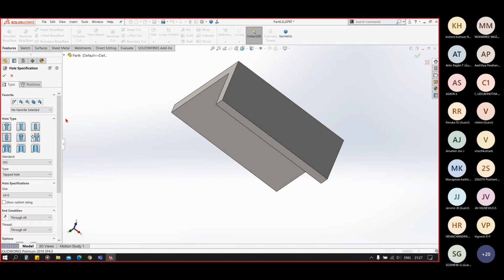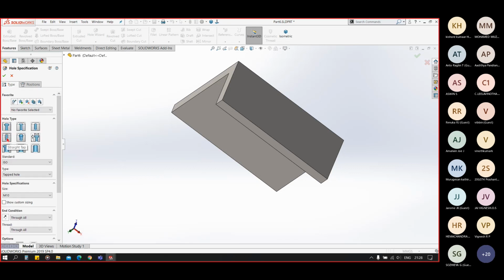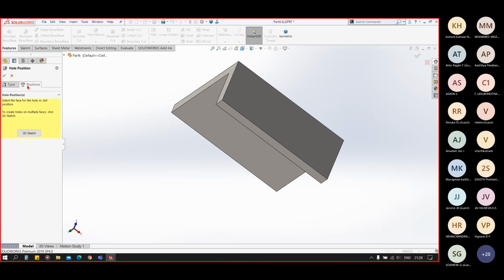Let's again create holes on the second plate. Selected type is a straight tap.